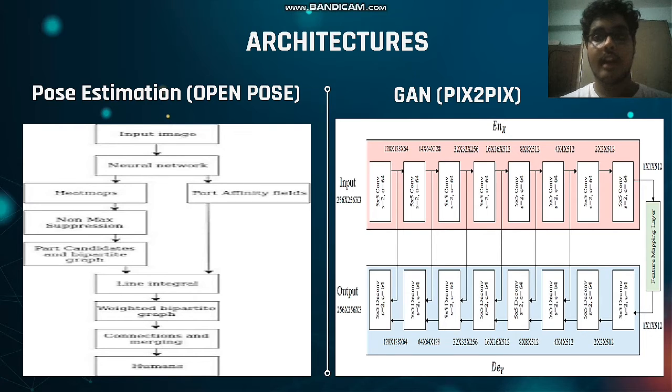And coming to the architecture of pix2pix GAN, the generator is an encoder-decoder model which is basically developed with a U-Net architecture. The model takes a source image and generates a target image. It does this by first downsampling or encoding the input image to a bottleneck layer, or a single layer, and then upsampling or decoding back to generate an image which is similar to the original image as an output.